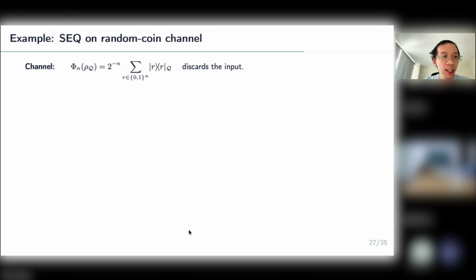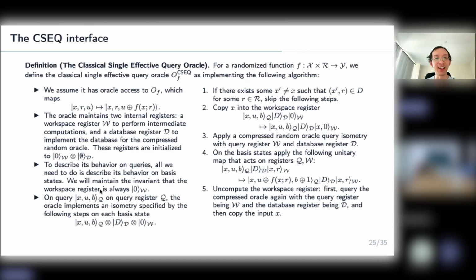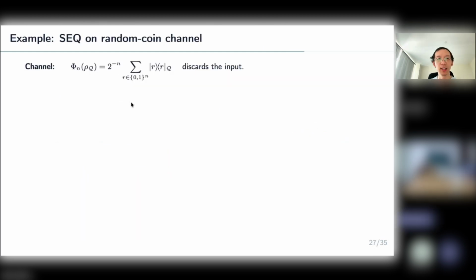Sorry, just a small question. Is the oracle maintaining state essentially, in the sense that the C register is private? Yes, so this is a stateful oracle where you can only see this register, and these are the private state registers of the oracle. And this is also true for the prior CSEQ; it also has some private state. I see. Okay, thanks.